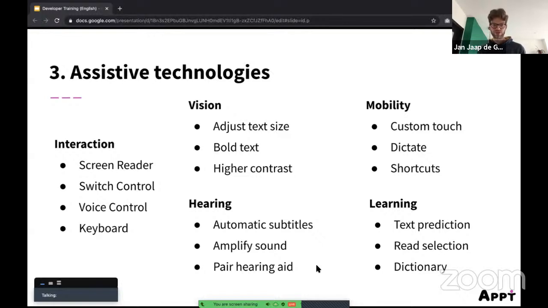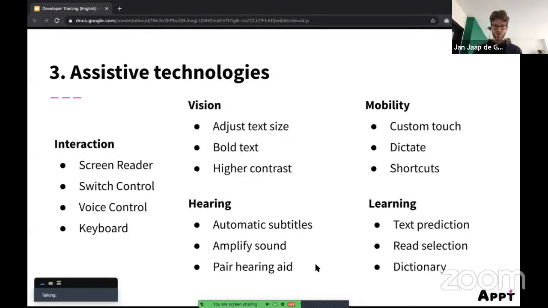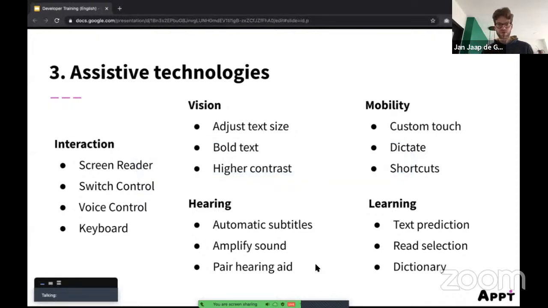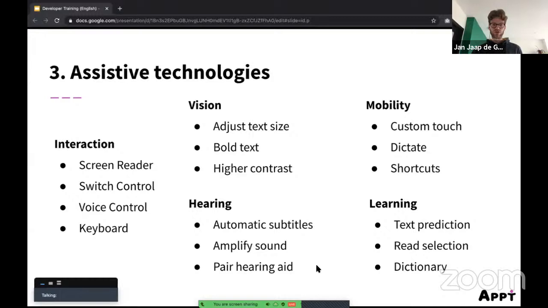And then you have switch control. This is a button which you connect to your phone, and you can just press on the button to navigate through the interface. So it's similar to a screen reader. Basically, you get a focus on the screen, and then when you press the button, it moves the focus to the next element. And then if you tap again, maybe you can perform clicks. I've also shown a video, so it will become more clear.